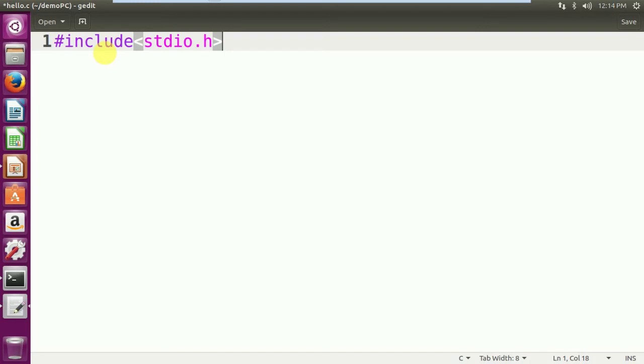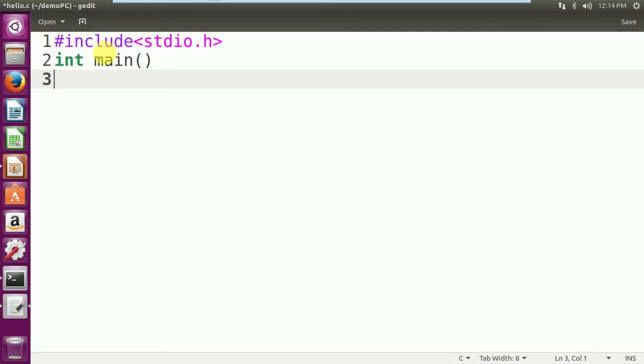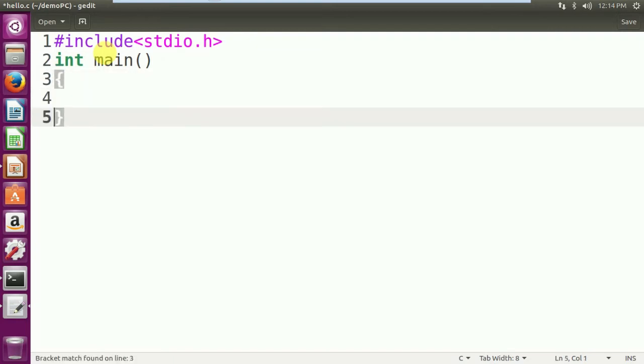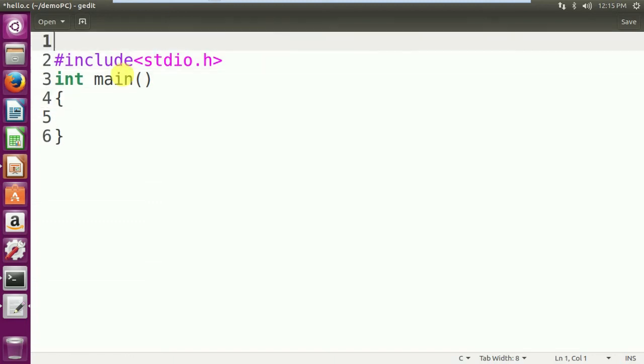Now the next rule, or second step, is int main with parentheses. It is the beginning of the function. How do we know it is the beginning of the function? Curly braces, a starting curly brace and an ending curly brace. Within that we can write our block of statements. So what is the question? We can write the question using these symbols,